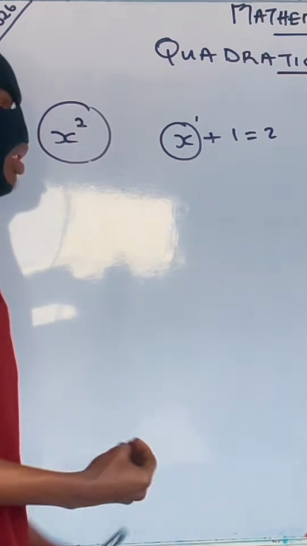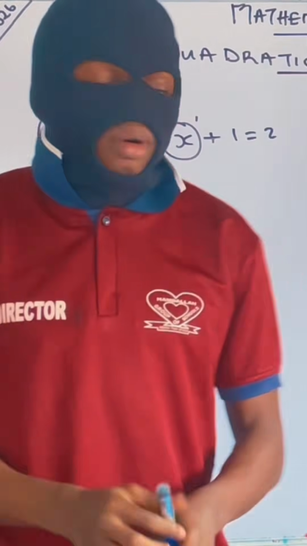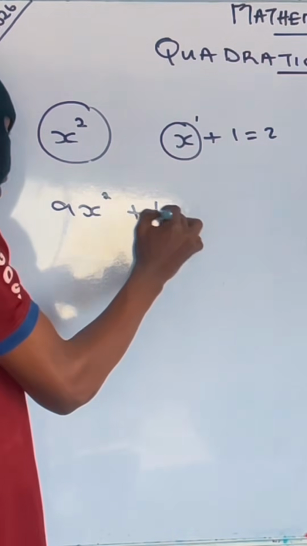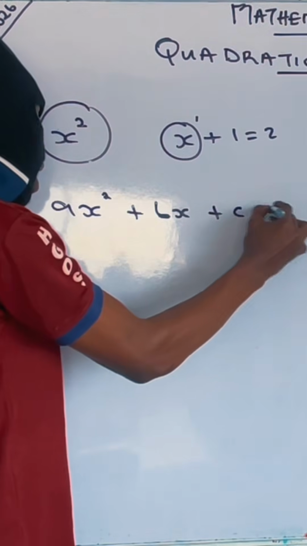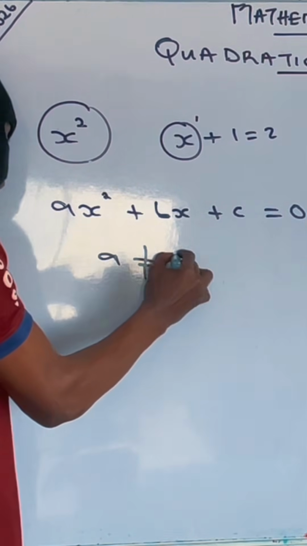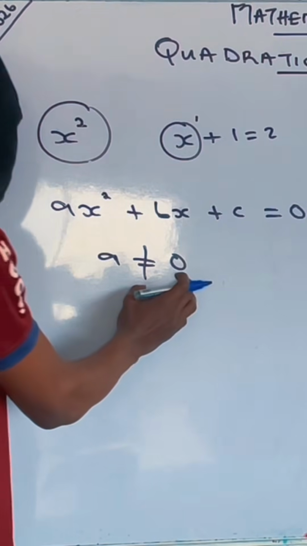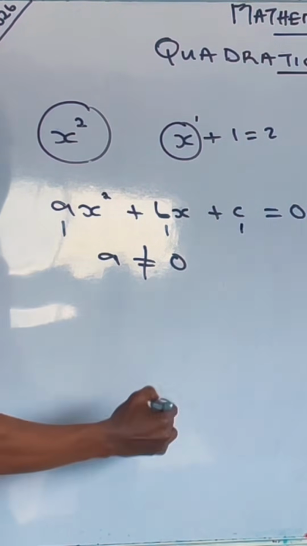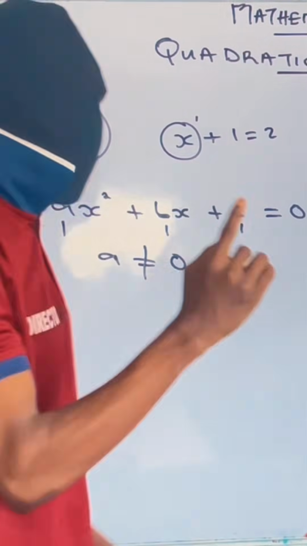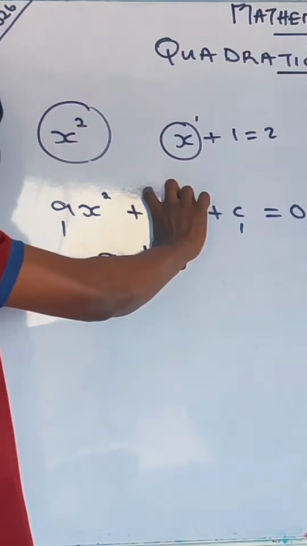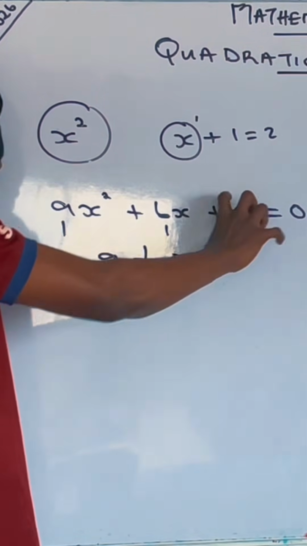And if you are looking at this quadratic equation, it has a general formula: ax squared plus bx plus c equals 0, in which your a is not equal to 0. Your a cannot be equal to 0. Now, your a, your b, and your c represent numbers. For example, this a here is the coefficient of x squared. Your b here is the coefficient of x. While this c is